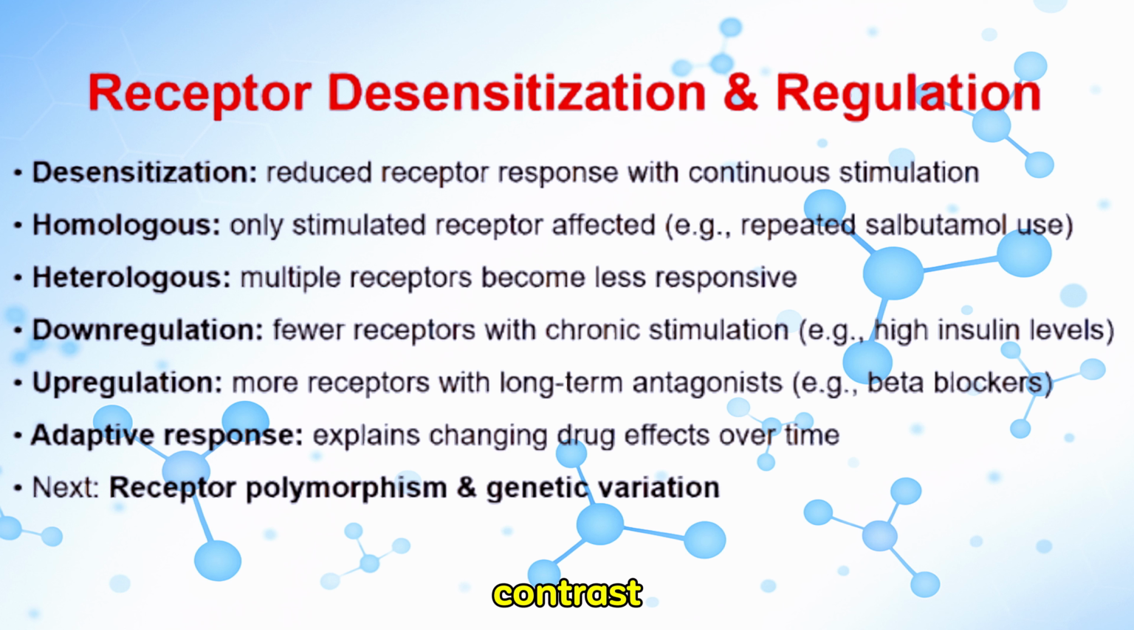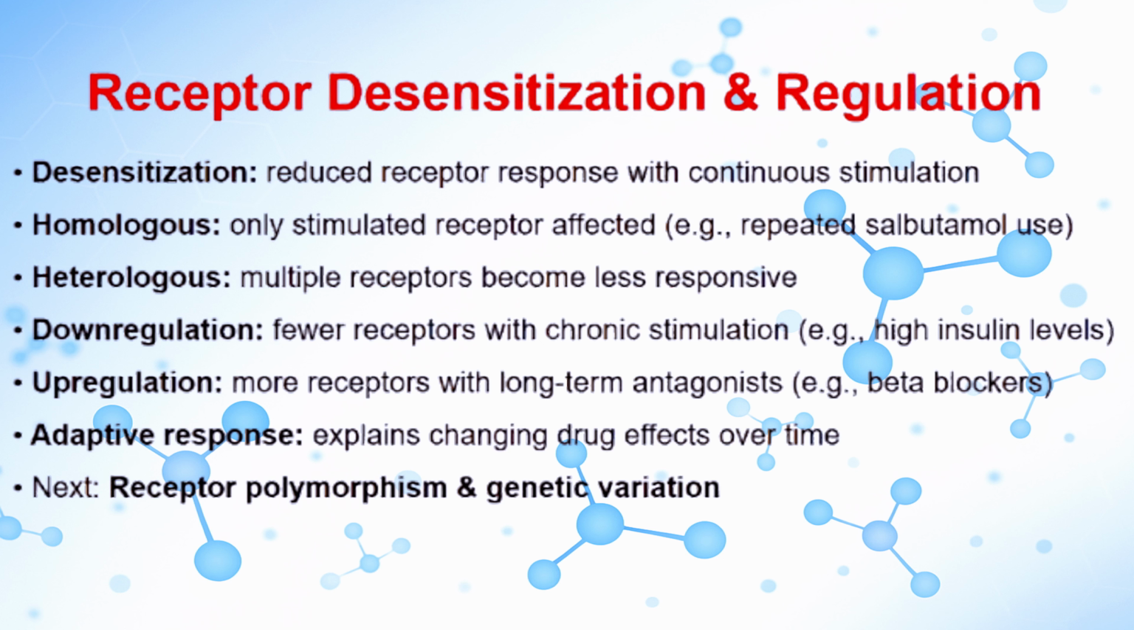In contrast, heterologous desensitization affects multiple receptor types. For instance, chronic stimulation of one receptor may reduce the responses of other receptors as well. The body can also reduce the number of receptors. This is called downregulation. A good example is chronic exposure to high insulin levels, which leads to fewer insulin receptors